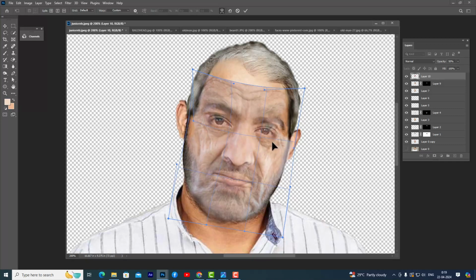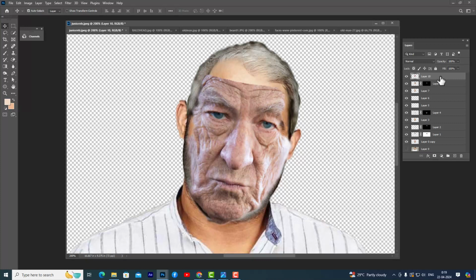We only need eye bags from this image, right? Just the eye bags should be exactly below the eyes, right? So now we will increase the opacity, and we will do the same thing, the color match. So we'll simply hold Control and click on this old man's layer thumbnail. We'll take a new layer and we'll fill the selection with the same skin color that we have picked a little